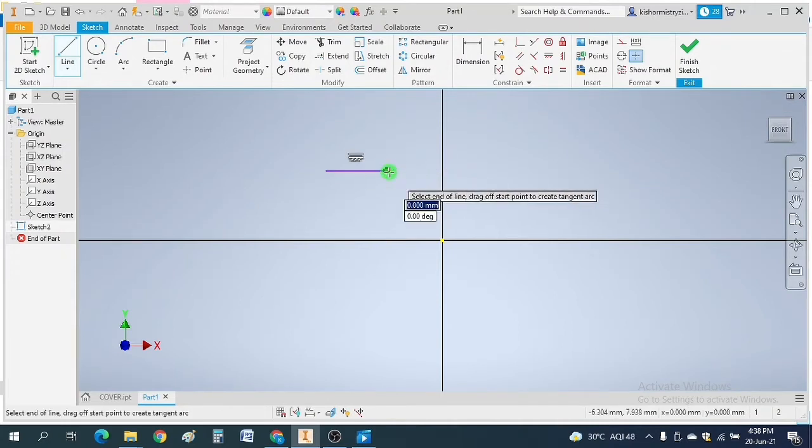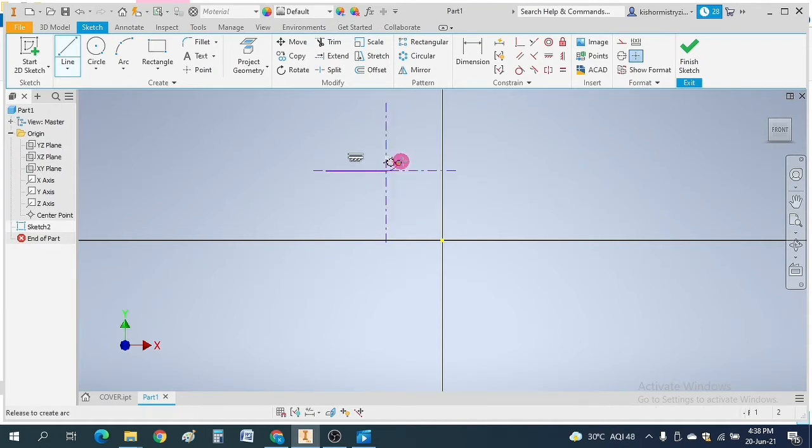For a straight line, you select straight line, and now if you want to create an arc, you just click at this point and drag your mouse, and it will be center. This is actually a tangent type, but if you press Ctrl, then the